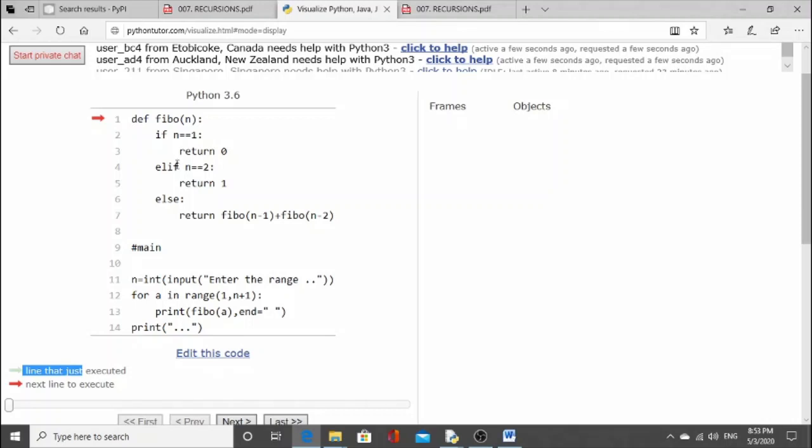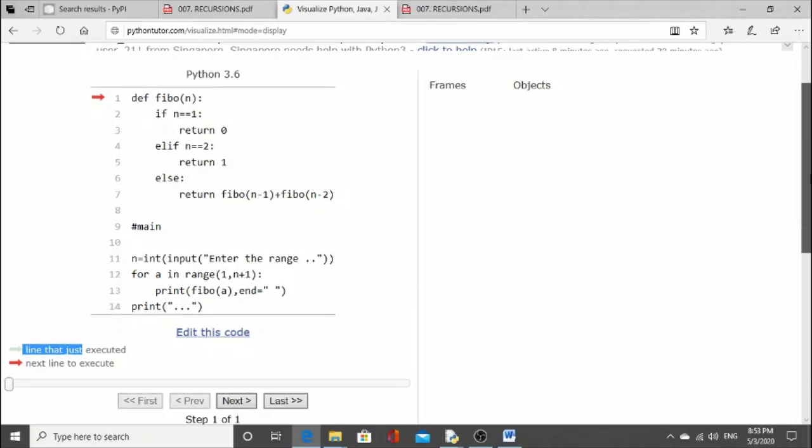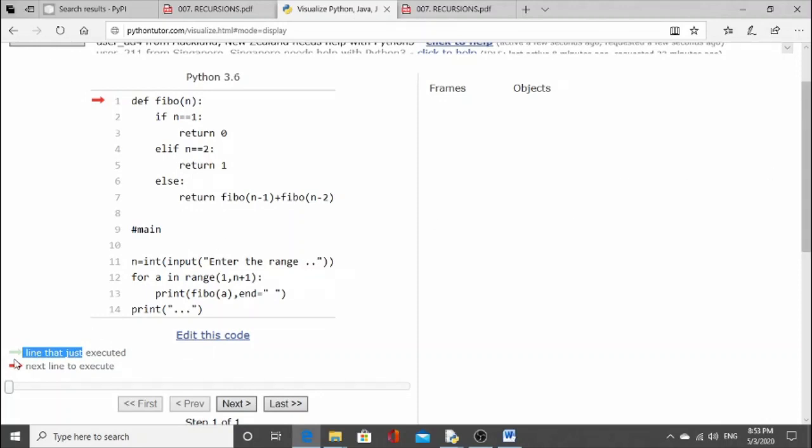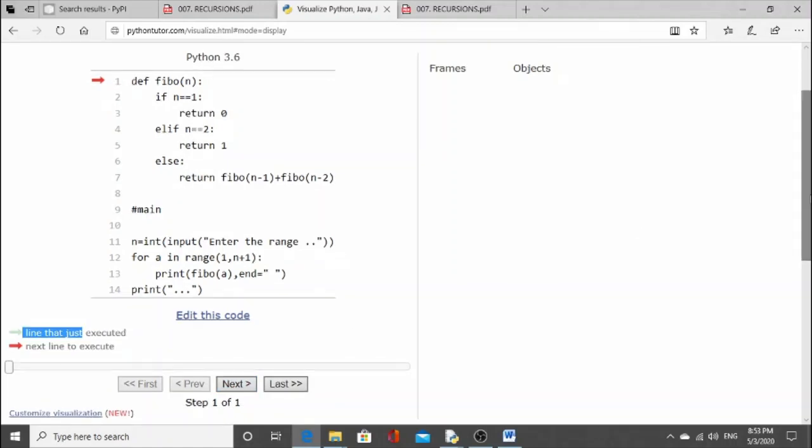So see, here my code is written, and now this red arrow will denote the next line to be executed, and this sky blue arrow will tell the line that just executed. Now I am clicking on next. So see how this program is working. This is step 1 of 1, as you can see.